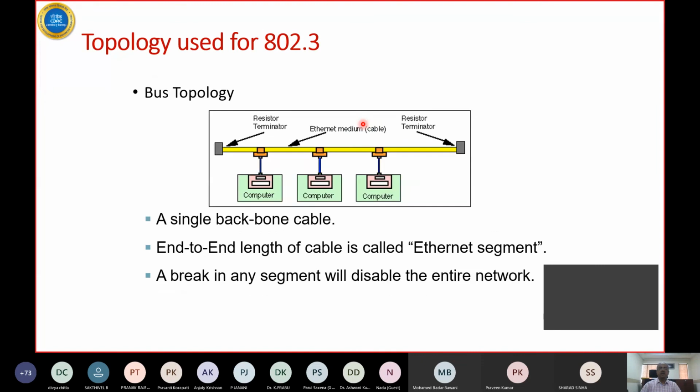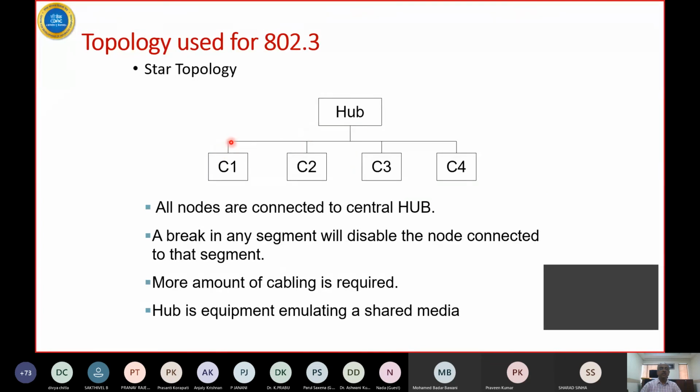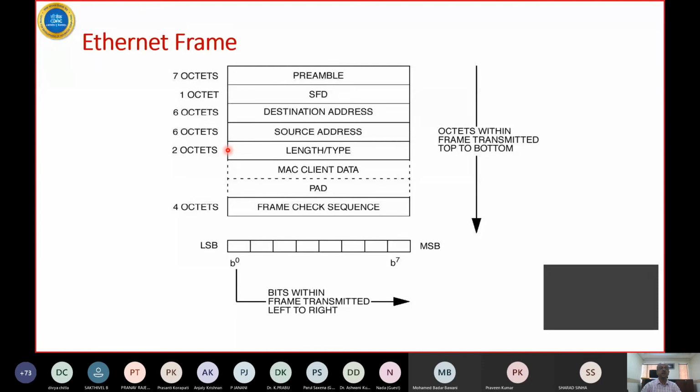Advantage of this over bus: on a bus, any problem anywhere, the whole thing goes down. If C1 has a problem, or this link has a problem, only C1 goes down. Okay, but the cabling required is more. Scalability is an issue there. On a bus, you can just remove the terminator and keep adding segments. Okay. So star topology with an Ethernet switch is what is followed today, and gigabit is the lowest common denominator today because things have become so cheap that gigabit is used for desktops. For IoT and other things, 10 and 100 Mbps is what is used.